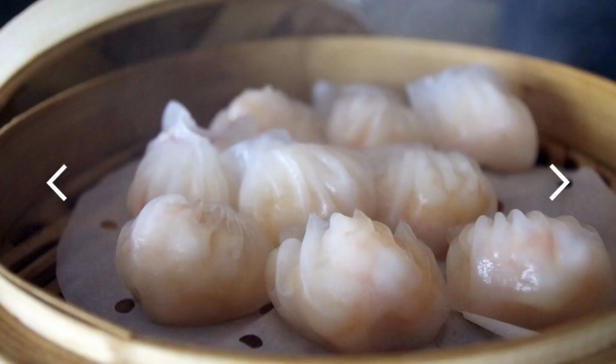If you've ever had the pleasure of having dim sum, which means touch the heart in Chinese, dianxin, you'll note it's quite a good eating experience because it's like a little mouthful of goodness. It's a little wrapper that contains pork, shrimp, and shiitake mushroom in it with all the various spices and things. And it's a staple along with hagao, which is like a translucent